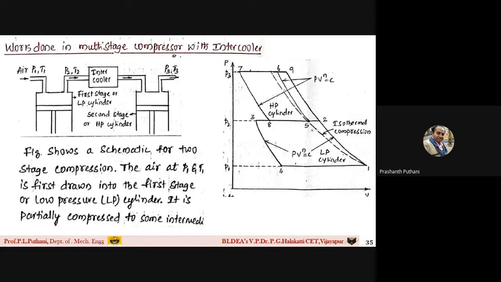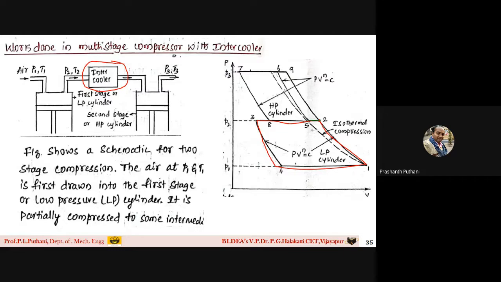Now, when you are providing the intercooler, what is the purpose of providing the intercooler, students? Why do we need to provide an intercooler? We need to see that there is a reduction in temperature but no change in pressure, right? Now if you observe here, in the first cylinder, this is the nature of the graph. Up to position number 2, the air is being compressed. From here I am using an intercooler. Because of this intercooler, there is a reduction in temperature but no change in pressure. So pressure remains the same.